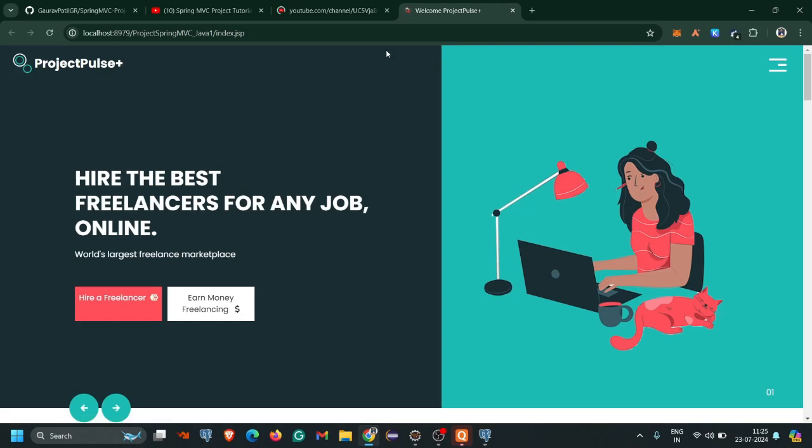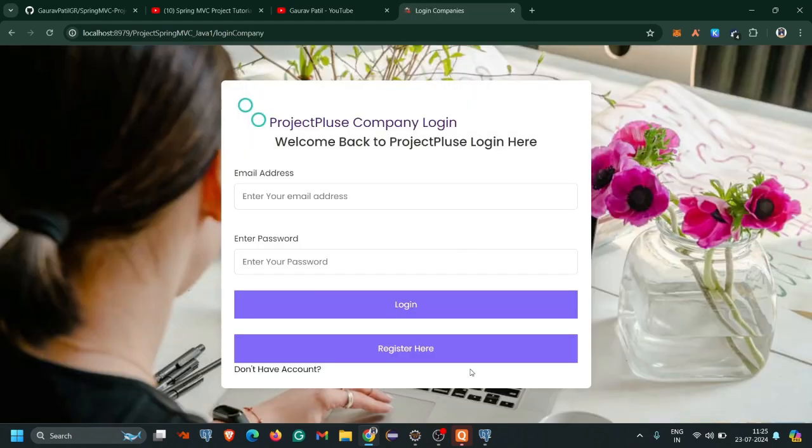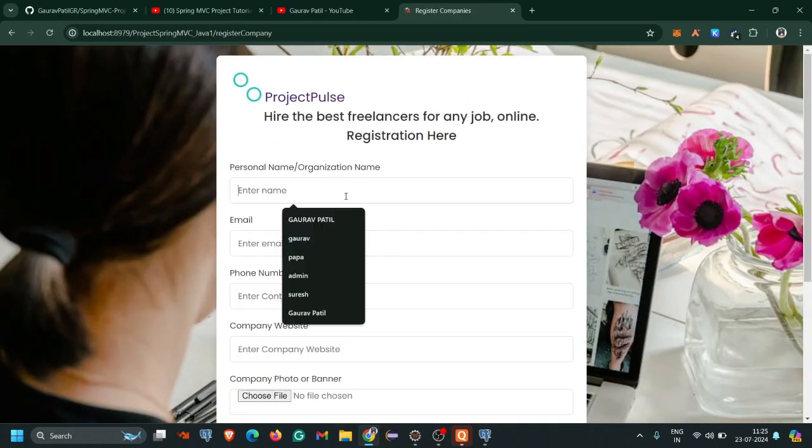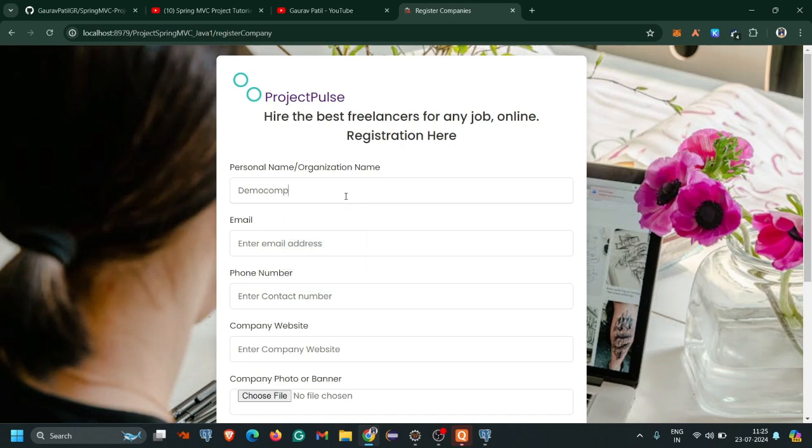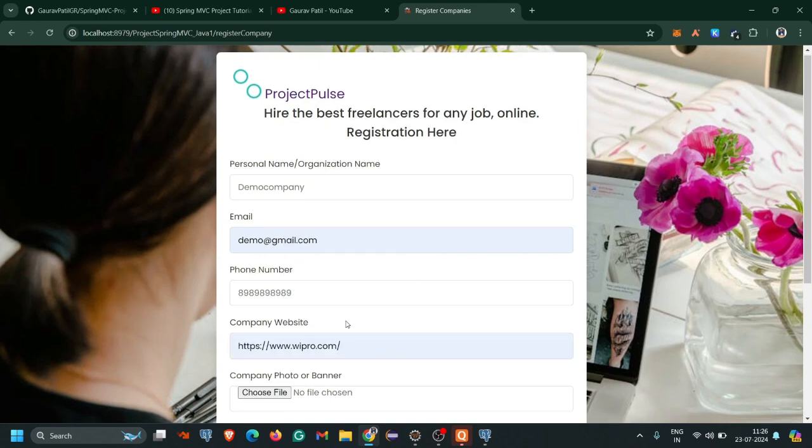Okay, here you can see our project is successfully loaded, and the first thing we have to do is come to our login section and register here, from a demo account. So demo